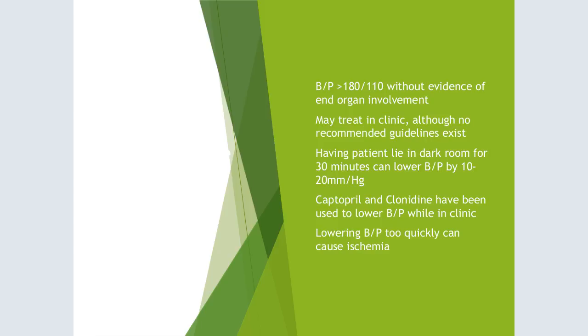We just mentioned clonidine. You can use that for a quick response in the clinic, get the blood pressure down, and then start them on something else. If you drop the blood pressure too much too quick, you can cut off blood flow to the heart, and it can cause ischemia. You can decrease blood flow enough that it will cause spasms, which will cause ischemia. That's a more accurate statement. But you have to pay attention to this. So blood pressure greater than 180 over 110 is considered hypertensive urgency.